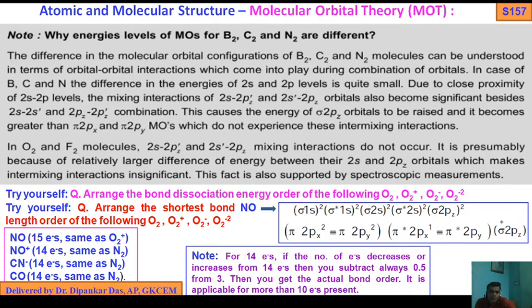Suppose C2, carbon, is a 12 electron system. For a 14 electron system, if the number of electrons decreases, in the case of C2, that means 12, the number of electrons decreases, then